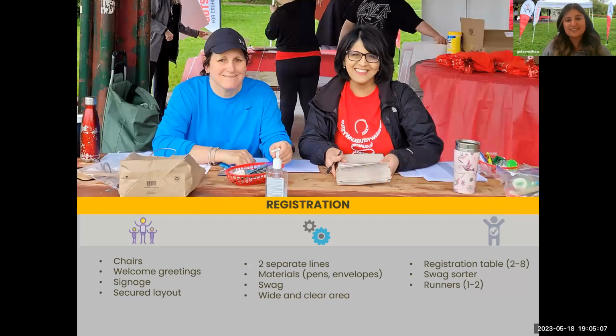So this is obviously based on the size of your event, something to consider how you want to lay out your registration table, our registration area. So a couple things that you're going to need to have is your chairs, your tables, welcome greeters, signage, separate lines, again, depending on the size and knowing your crowd. Are you going to get a lot of offline money, do you think? How many attendees do you think will be there? And you'll have your tables separated with volunteers in pairs. And you want to have at least one or two runners who are going to be behind the scenes, behind